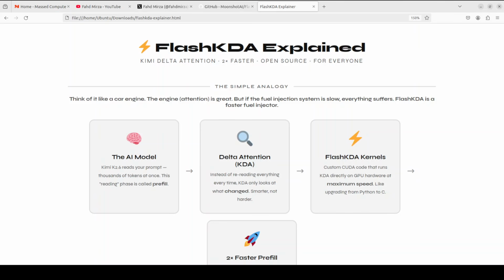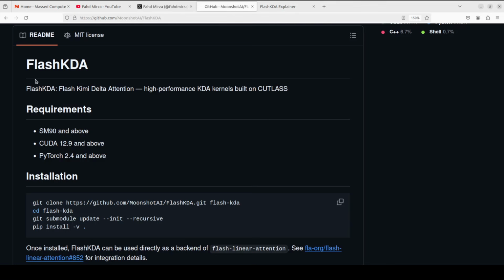No PhD required. I want to explain why this matters to you, even if you are just someone who uses AI tools every day and never touches code. Look, think about the last time you pasted a long document into an AI tool and waited for it to respond. That pause, that long pause, that little loading spinner, a big chunk of that is what's called the prefill